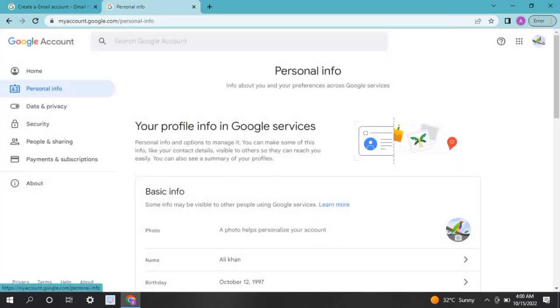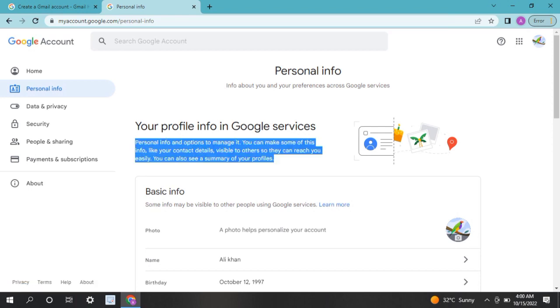Now you can see personal info and the option to manage it. You can make some of this info, like your contact detail, visible to others so that it will not